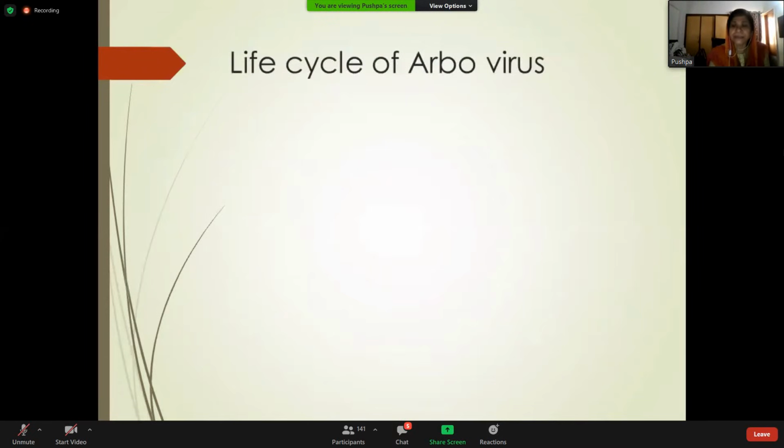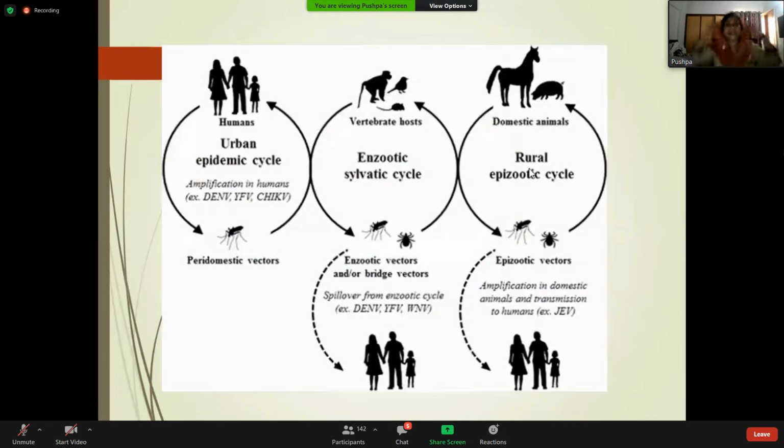Life cycle. The life cycle is complex in this type of disease. What happens usually is that monkeys and small birds and rodents get infected through the bite of a mosquito or tick. They are infected, and the infected blood is again sucked by these